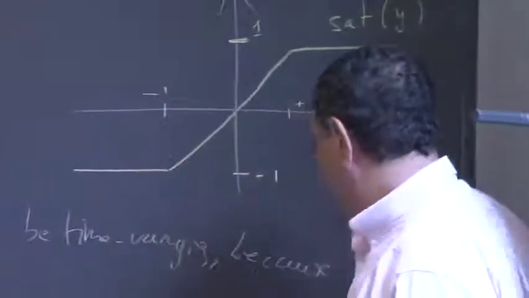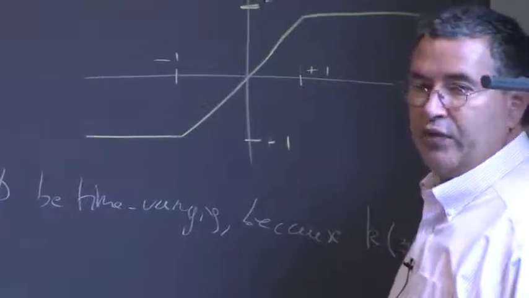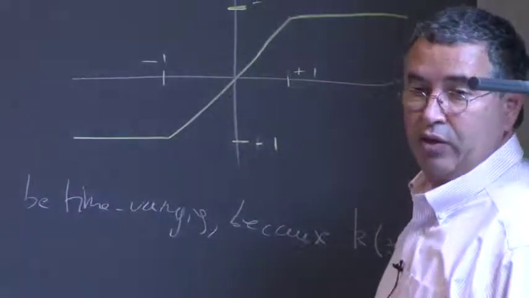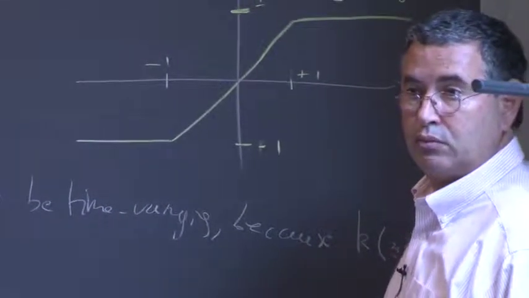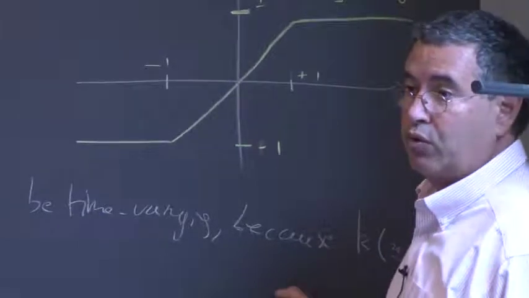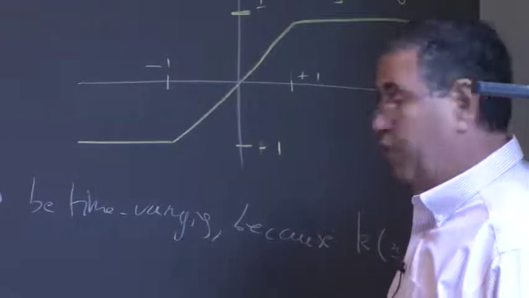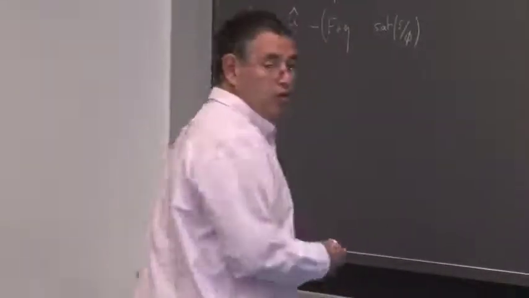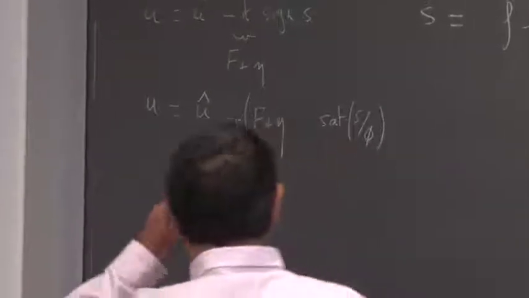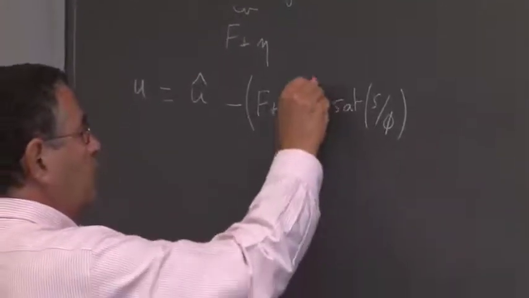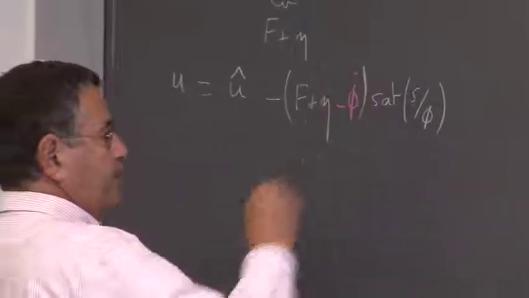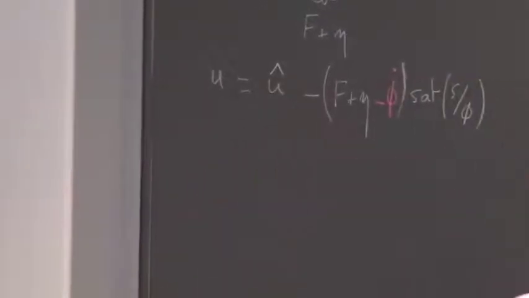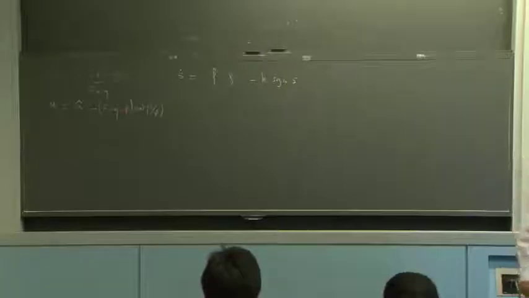Well, from an algebra point of view, everything happens as if eta had been replaced by eta minus phi dot. If you redo the algebra to try to satisfy this condition, whenever you had eta, you would have eta minus phi dot. So we can do that in k as well. We have eta minus phi dot, sat of s over phi. So that's the equation we're looking at